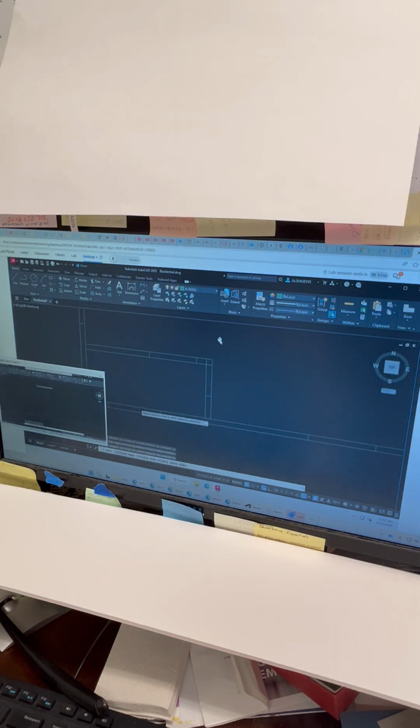A fence or a freehand fence. Let me undo what I did here and I'll show you. So here is everything before I trim. If I start the trim command, instead of using my tiny little pick box and clicking on the portions of the lines I want to trim,